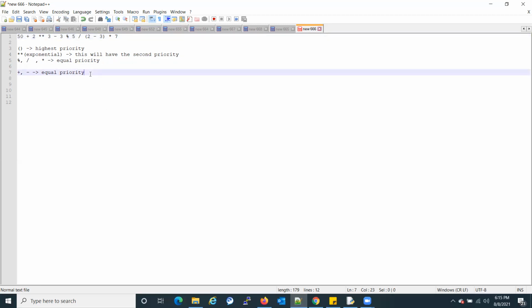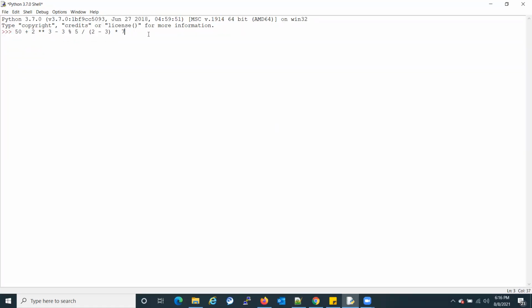Okay, so let's try to execute this in an interpreter. I'll be using the Python interpreter. Here we'll break this expression down step by step and see which operation executes first and which is last. Let's see the output first. You can see the output is 79.